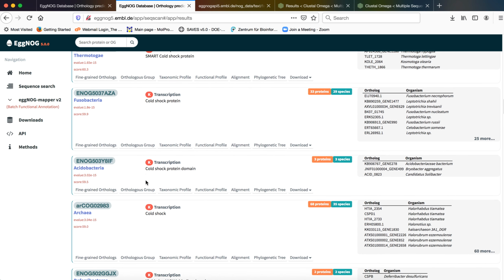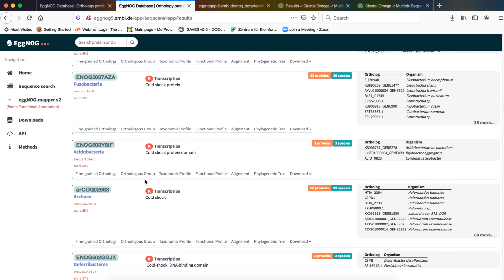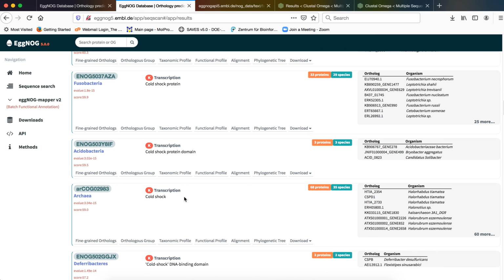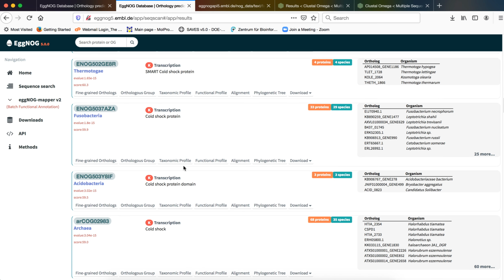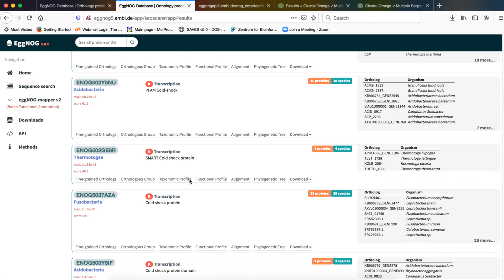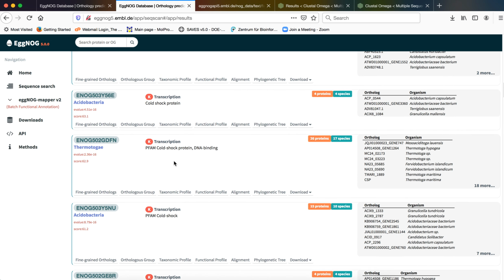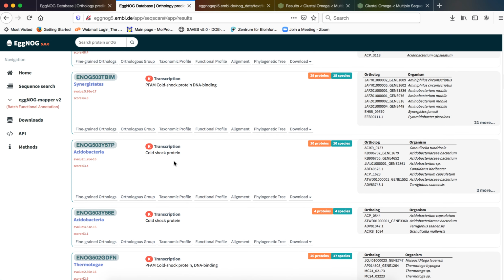So there are other orthologous members that have been found, and it is important to note that all the descriptions incorporate the same description which we identified in all the analyses that we have performed before, apart from the CELLO prediction and the SignalP prediction, and these are all similar orthologous functions, cold shock protein, DNA binding. These have also been identified in previous analyses as well.